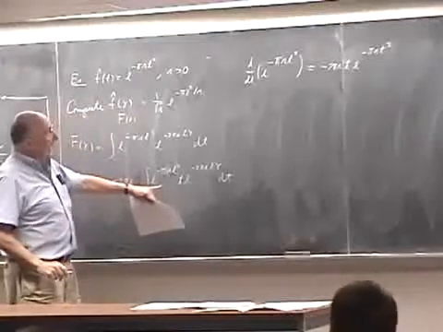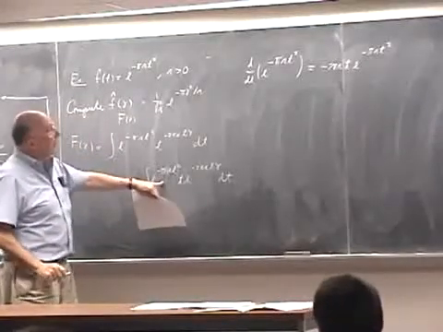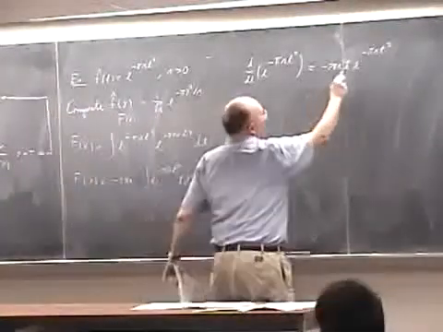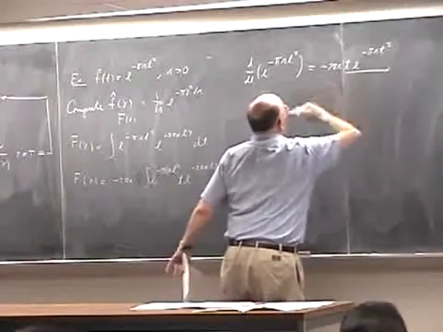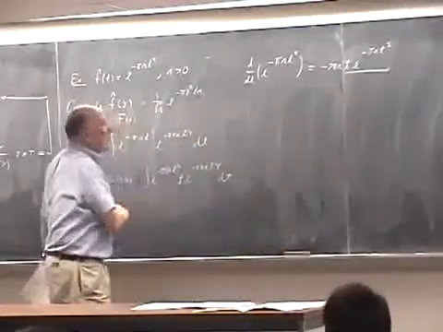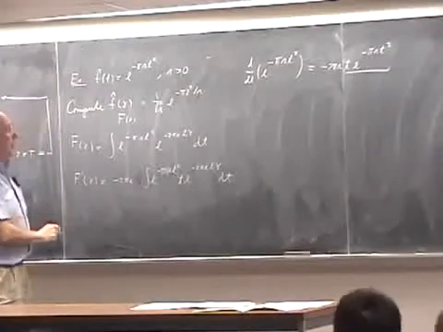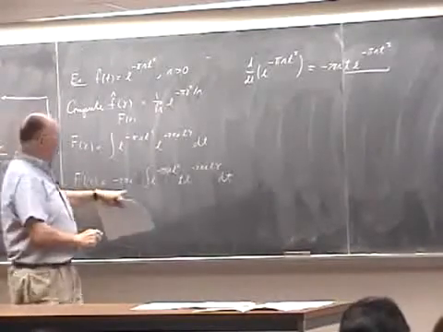And so what I have here is this part of that previous integral. So if I divide the rest by minus 2 pi r, what I have is then